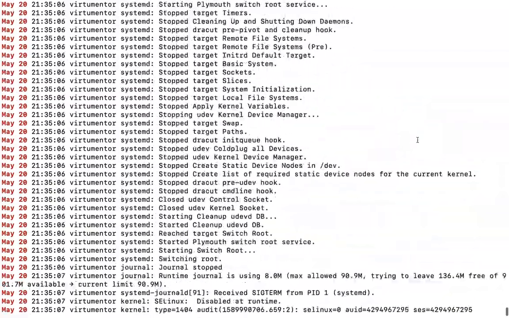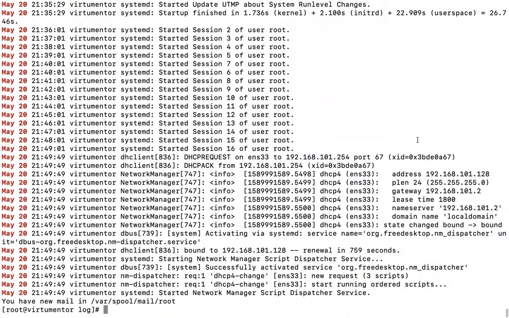Let's move ahead. There are other ways to search for multiple patterns in a single search. Sometimes we get the requirement to search for multiple patterns at the same time.